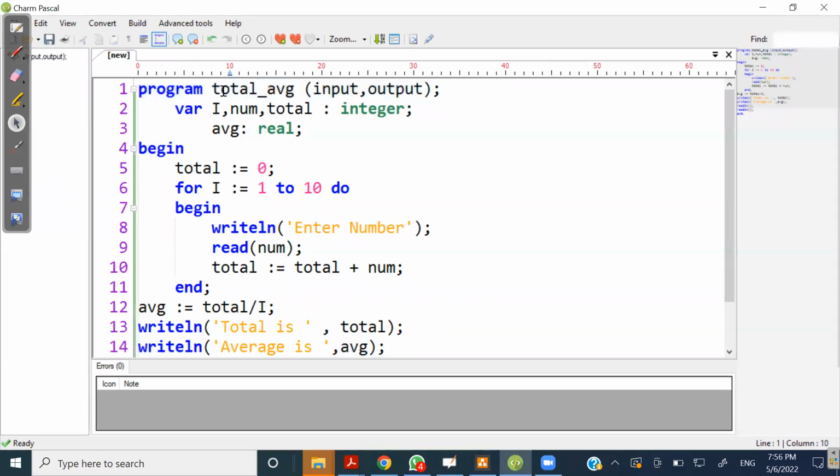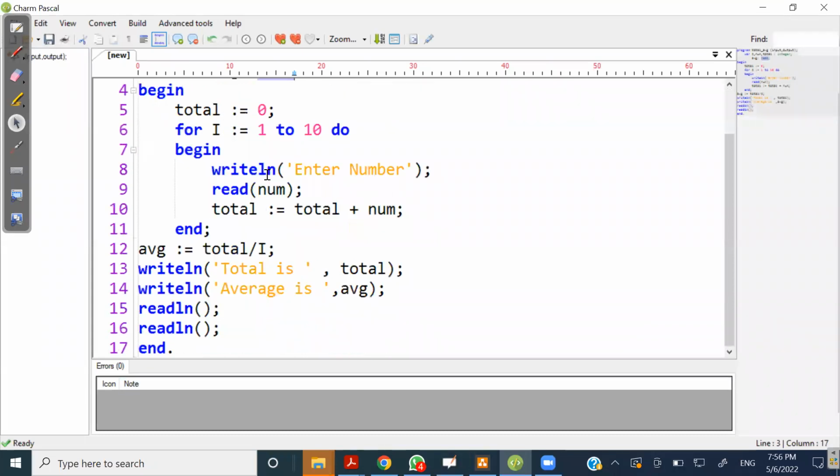As we know, the name of the program is total underscore average. And there are three variables which are in the integer type. And there is one particular variable in real type, right? And in between the begin and the end, the main begin and the end, what we have here is